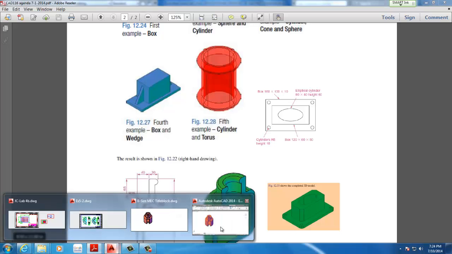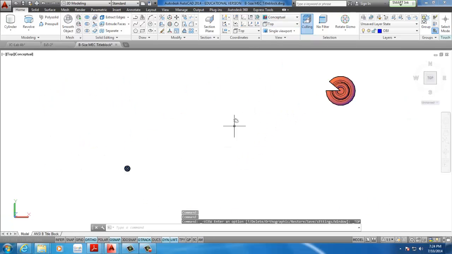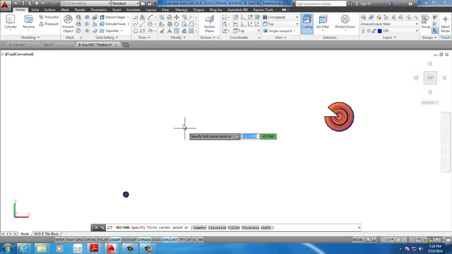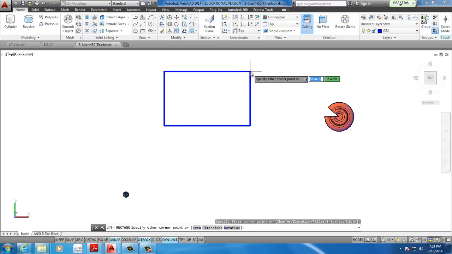So let's go back to our drawing. We're going to go to a top view, which again, if you're in views here, from isometric, I'm going to go to top, so I can draw from the top. I do a rectangle. Select a point anywhere on the screen, and move my mouse. And now I'm going to type in D for dimensions. That way I can type the dimensions for the rectangle. So I type in D, enter,